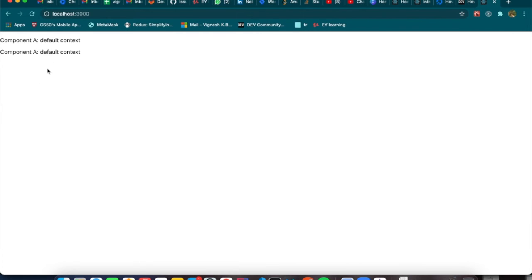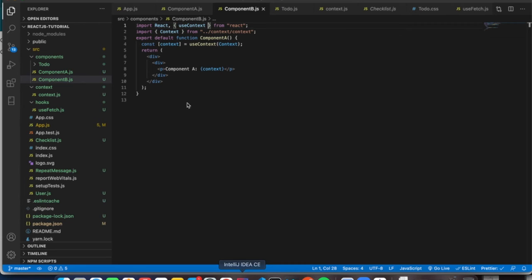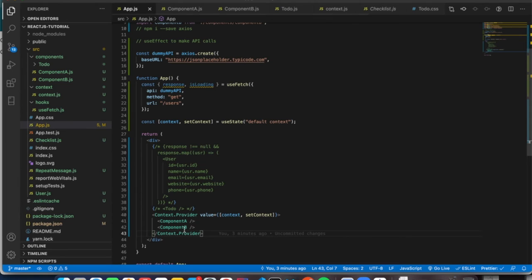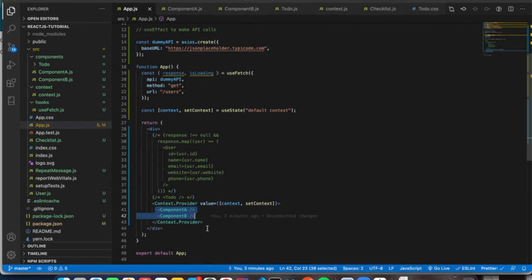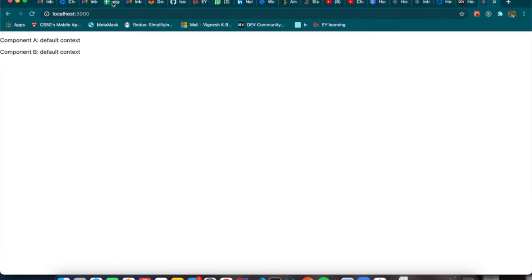Now you see the same value is printed in both component A and component B, and we don't pass any props or anything like that. This particular value is accessible across these two components. Similarly, if you have component C, component D, component E, that will also be accessible. So this is how you use the context value across multiple components.